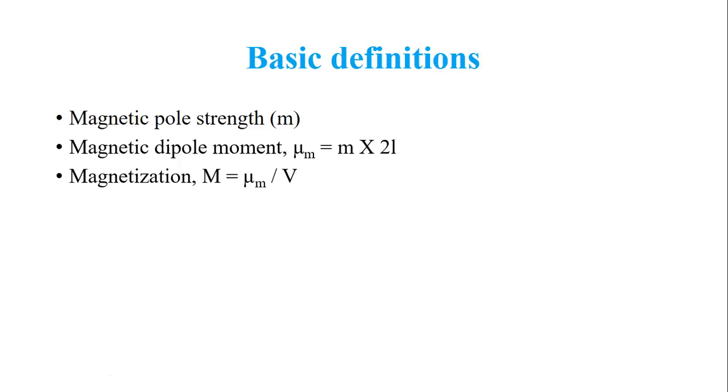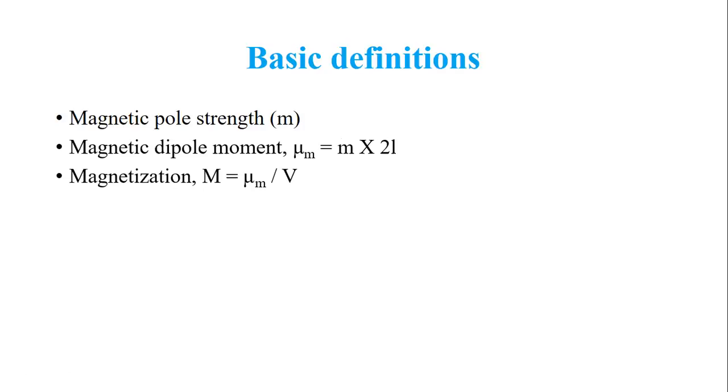So in a nutshell, if a given magnetic material is very easy to magnetize, that indicates that if you apply a moderate amount of field, you don't need a very high strength of magnetic field. With that amount of magnetic field, you can magnetize the specimen. That is, you can induce sufficient magnetic dipole moment, that is, sufficient magnetic pole strength in that material. Thereby magnetization, capital M, talks about the magnetic dipole moment induced per unit volume.